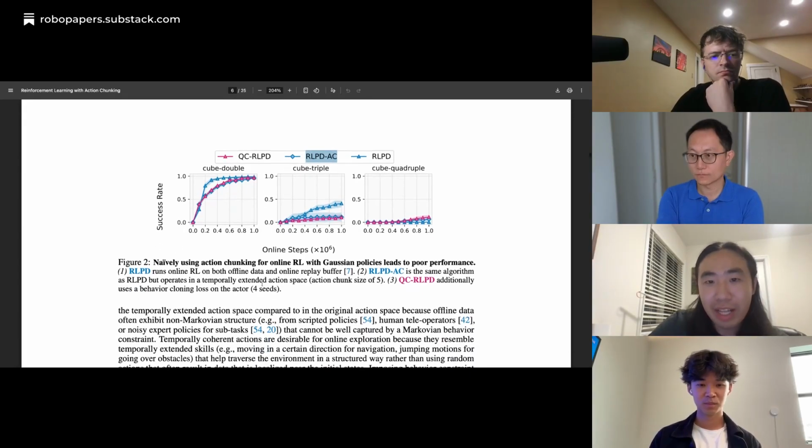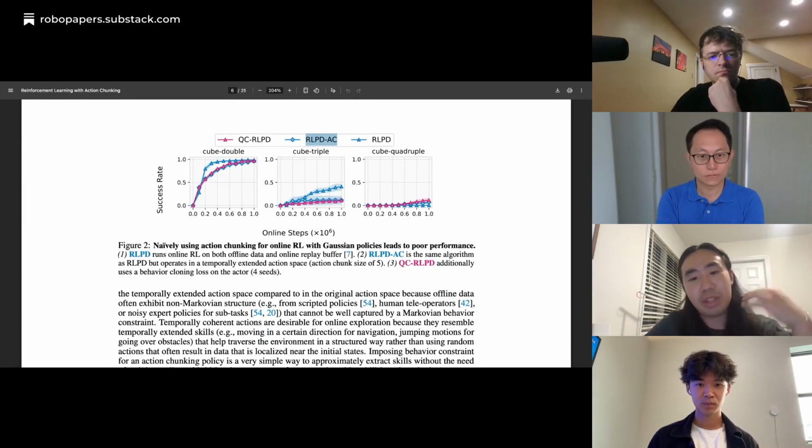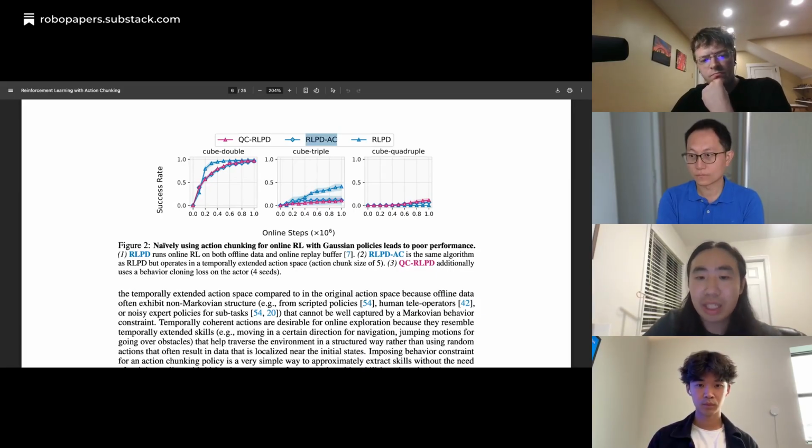So we found out that this is because, in order for action chunking to work in RL, it really needs 2 key ingredients that we identify in our paper. The first key ingredient is that we have to use an expressive enough policy to be able to capture the offline data set.